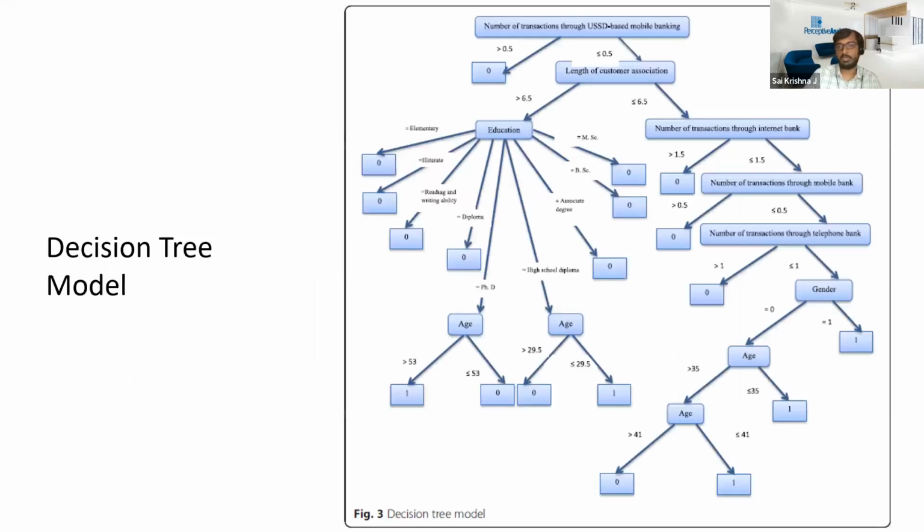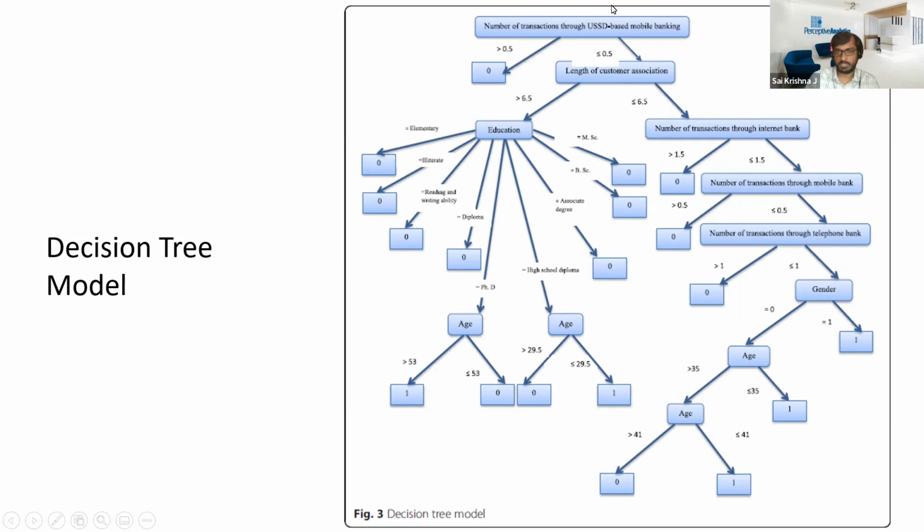And then they built a decision tree model. So the advantage of a decision tree, when you compare it with a black box model such as a random forest model or a boosting model, is that you can actually visualize it. Okay? And this is what they had done. And so this is how a decision tree